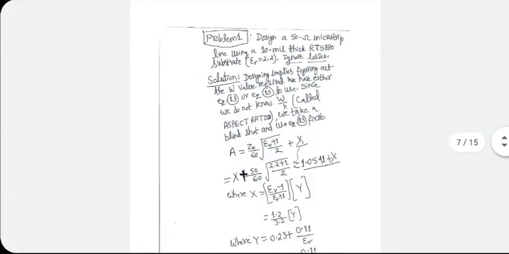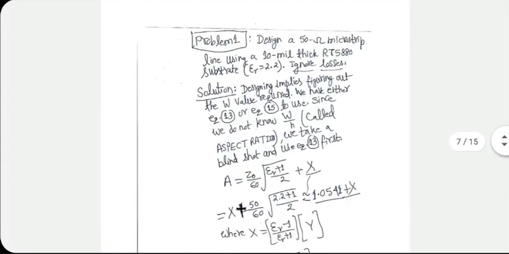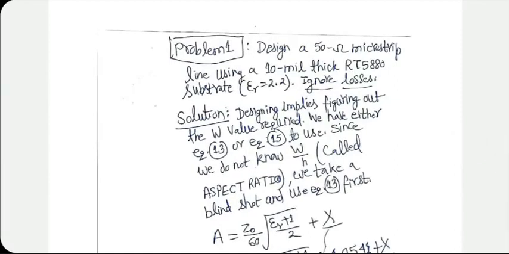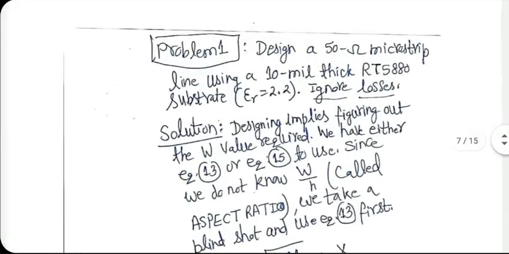Now, the simplest problem. By the way, the materials that we use for microstrip are identical to what we were using for strip line. So in this case, one particular material has been given to you, Rogers Corporation's 5880 substrate. Epsilon R for it approximately is 2.2. The thickness is 10 mil. Mil means 1 divided by 1000 of an inch. We are talking very small dimensions here.